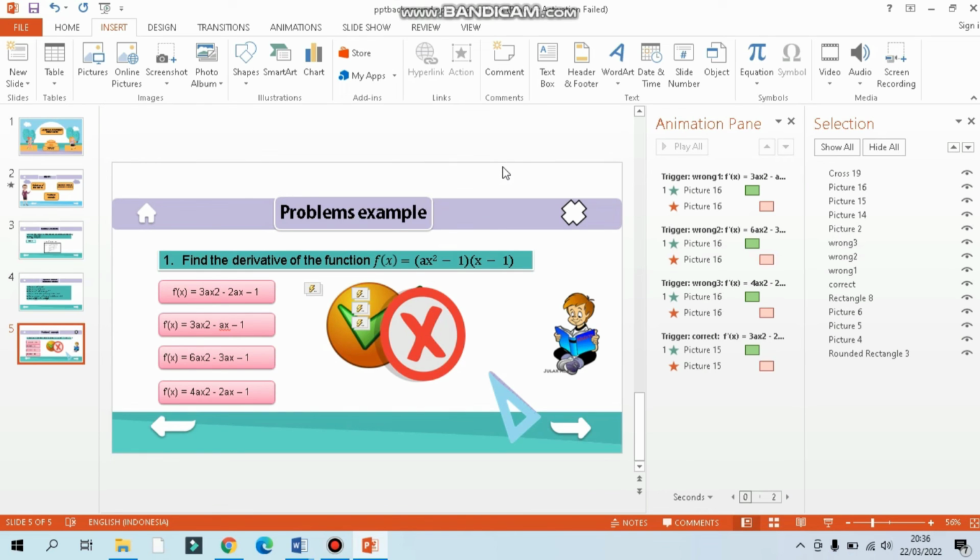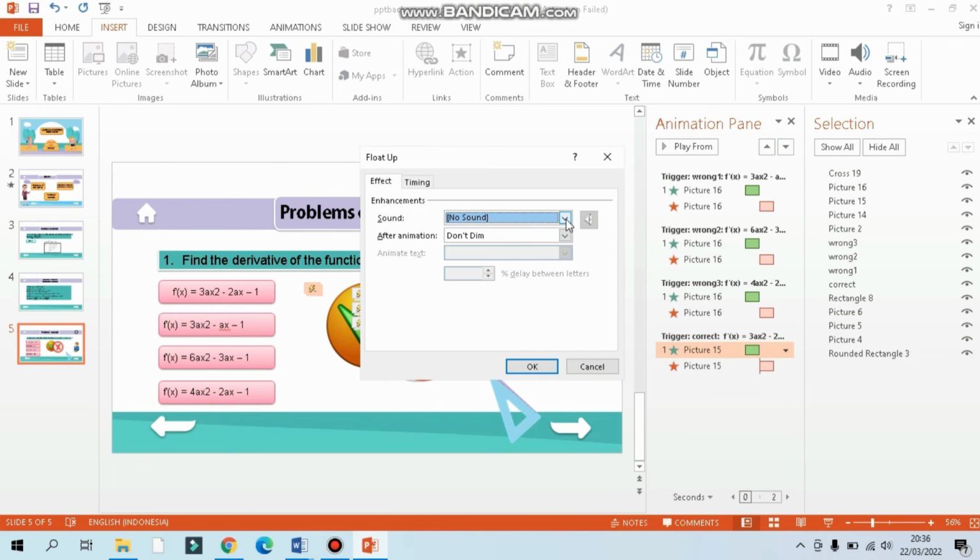Okay, to make a more interesting PPT, we can add sound to the picture. If the answer is right, I will make the sound applause. We can click the checklist picture in this slide, and add the effect options and sound.